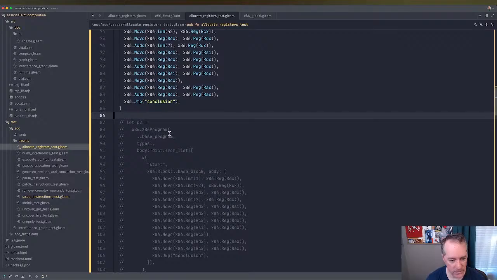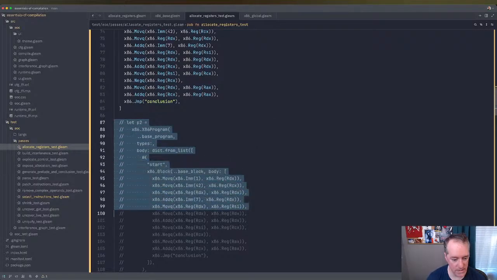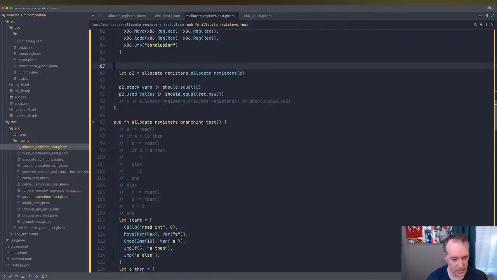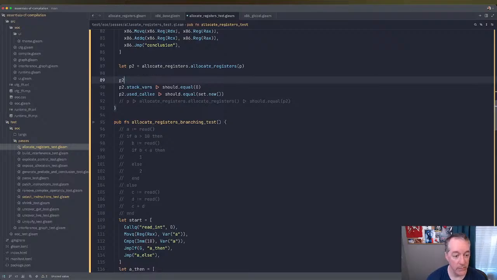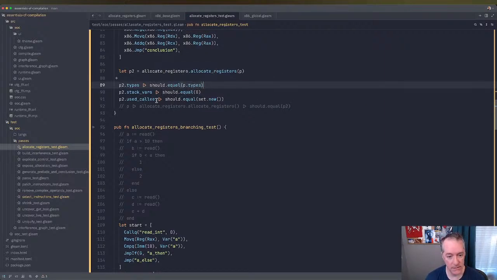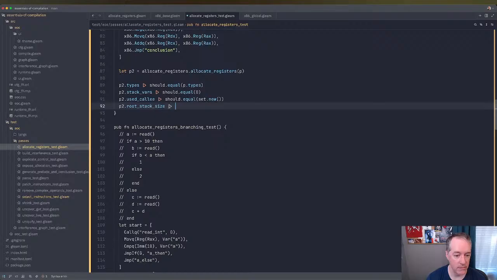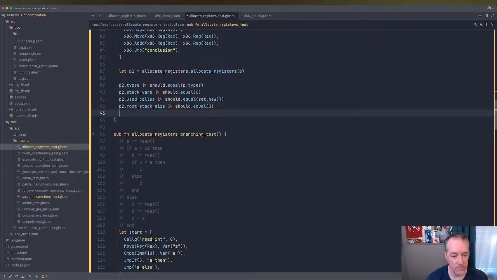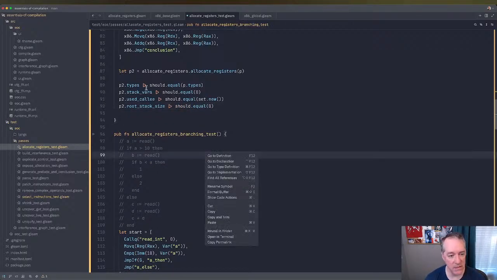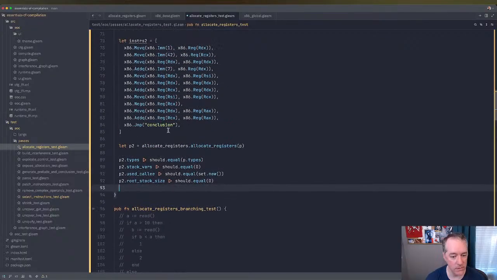And then we'll deal with that in a minute. So we've got the essence of what we need there. Well, we can say p2.types should equal p.types. So we're saying we're not transforming that at all. And then p2 root size should equal 0. Okay, so those are the basic things, and now we can go into,